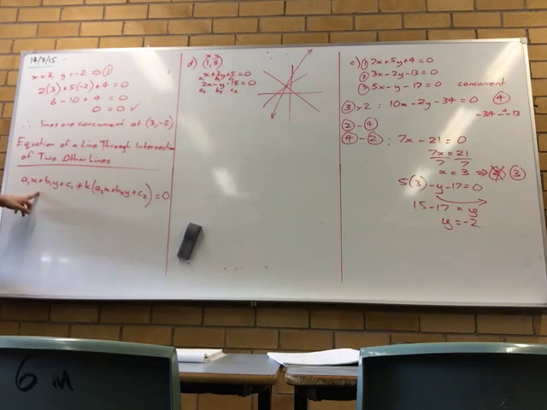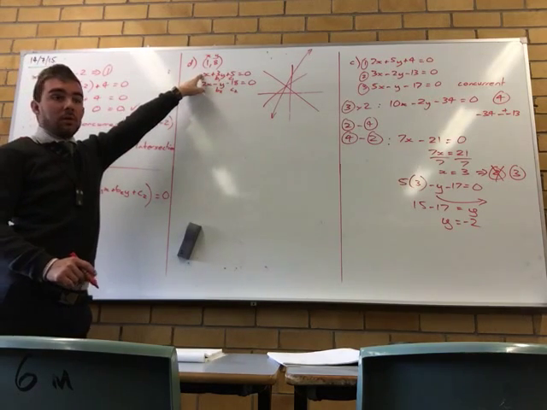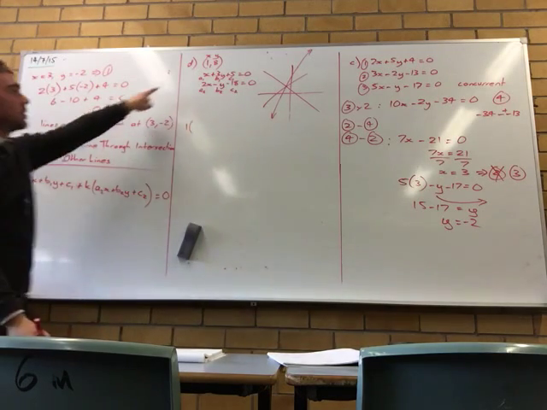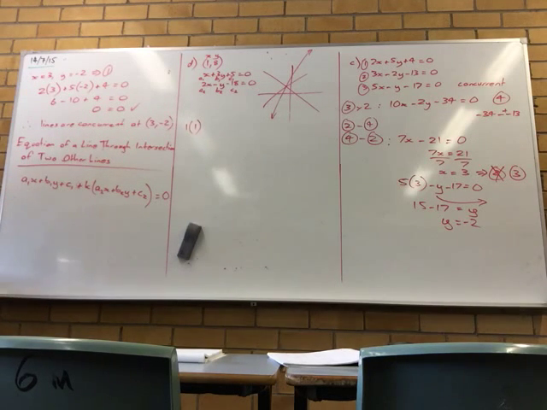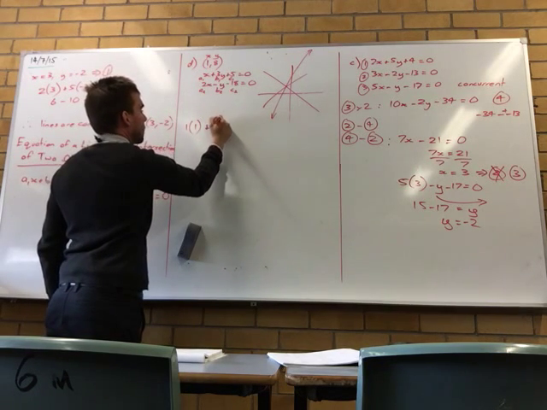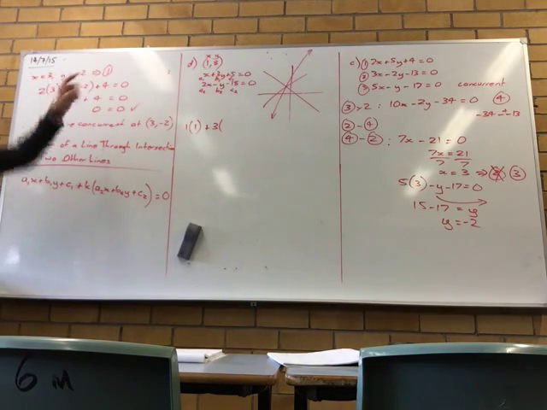So, if we put it into this formula, substituting all the variables, the only letter you have left is this k. You will then solve the equation for the value of k, and then we'll go an extra step after that. So, A1, which is the coefficient of x, is 1, times x, which is the point's x, so 1 lots of 1. A1x, which is 1 and 1. B1, which is the coefficient of y in the first equation, so 3. And then multiply that by y, which is the y value of your coordinate,